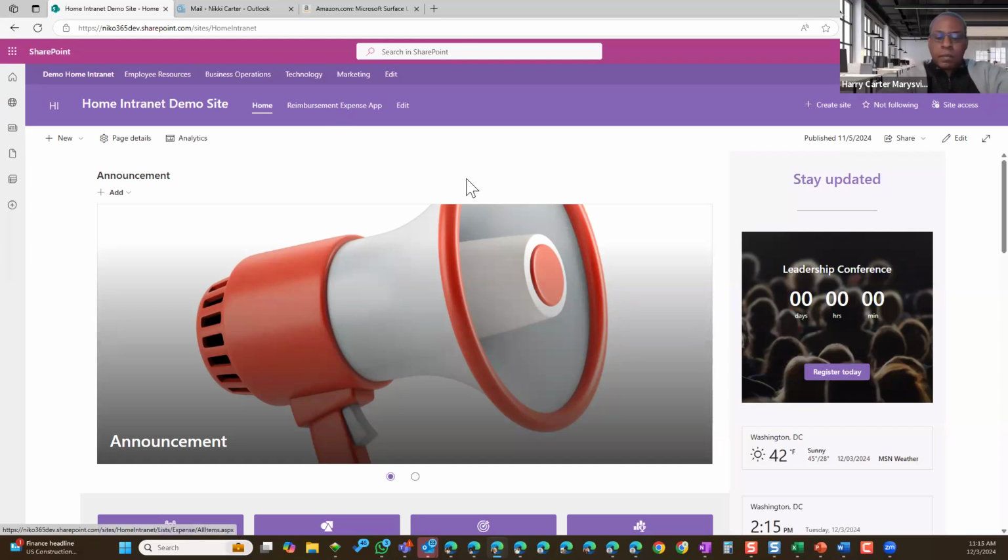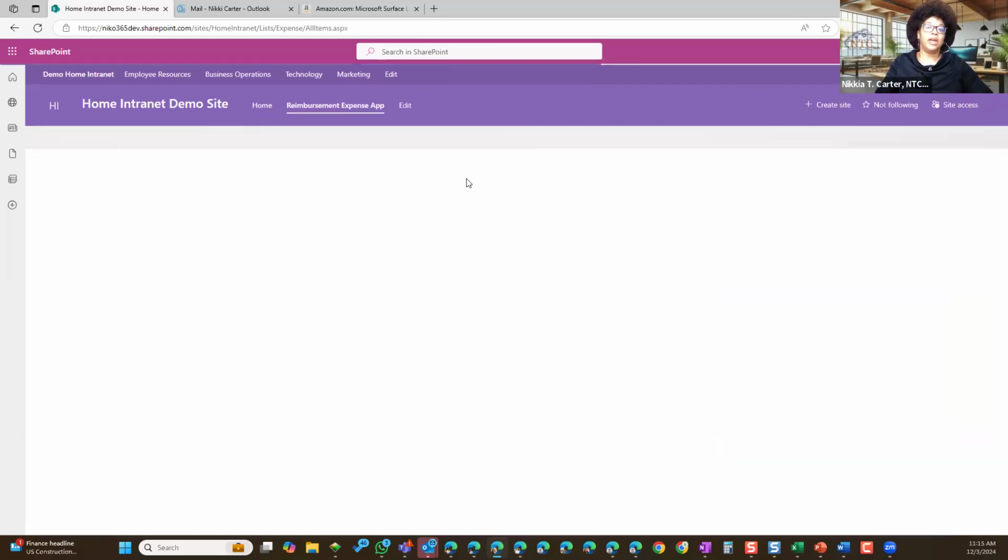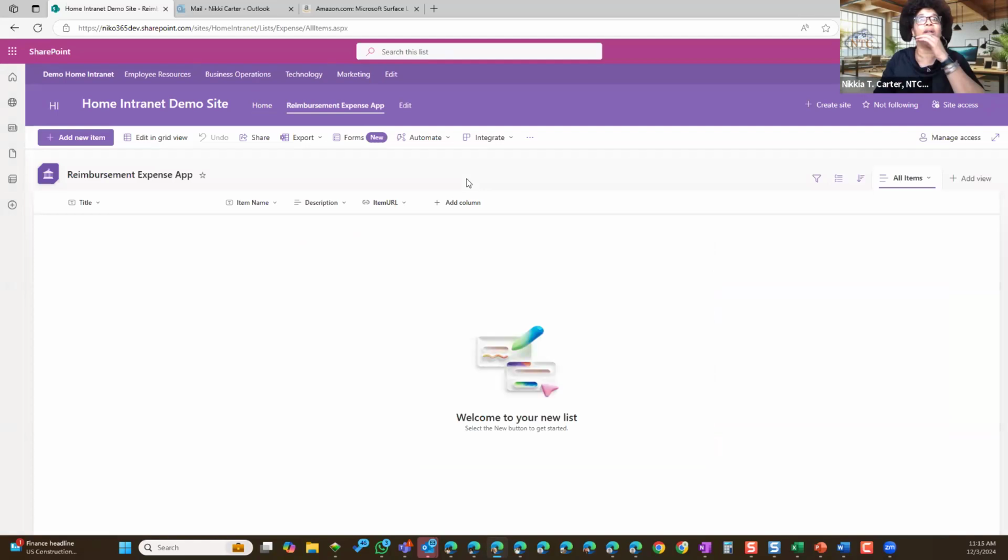So the first thing that you would do is you would need the list. And then on top of the list, you could put the Power App and then add the automation, the workflow features using Power Automate. So for this session, we're going to use more of the custom forms way of creating these apps and workflows. And in our next session next month, we're going to expand on that and create mobile apps, that'll be available from your mobile phone, as well as add more levels to the workflow and make it more complicated.